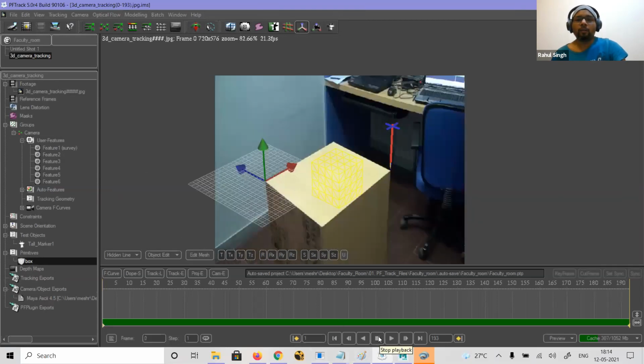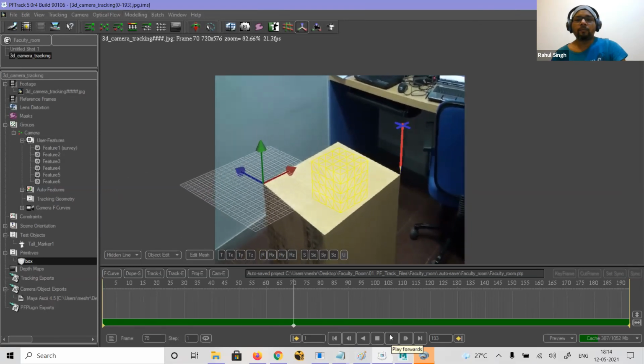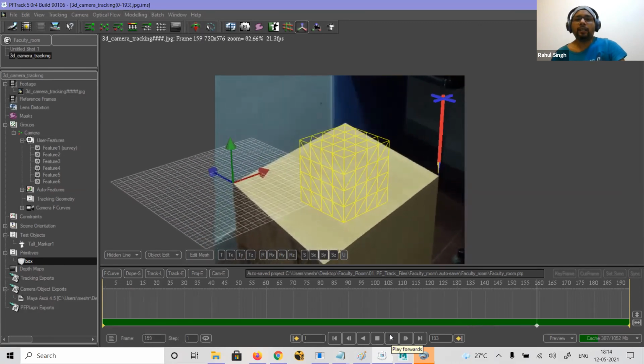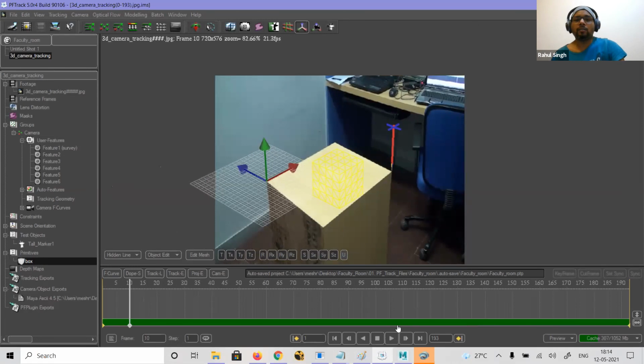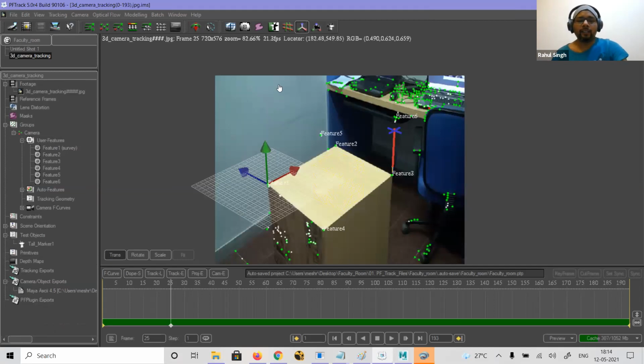Is it moving or not moving? Just to check it, I can see there is a deviation in the last part. So these are the things you can use to check whether it is working or not. We don't generally use all those things, okay?